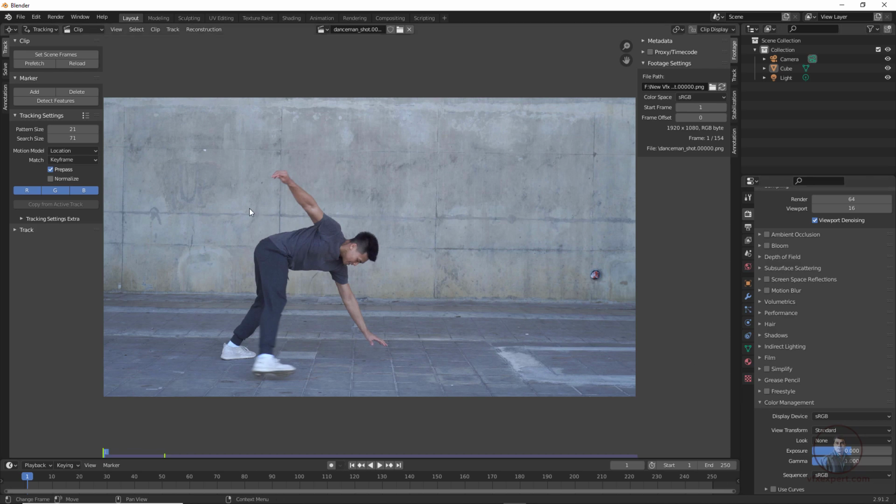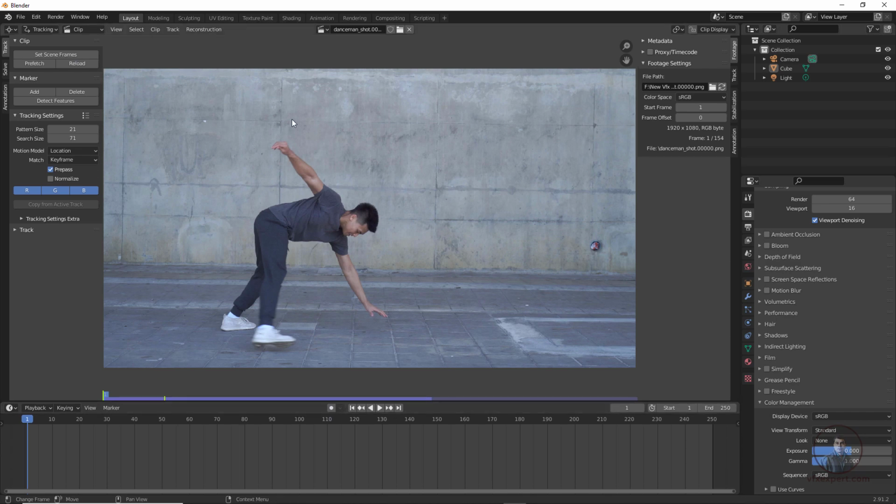Now first we have to cache our footage. On the left side, if you see this prefetch, it will cache this footage in RAM, so we can play in real time. So now click on prefetch. Here downside you can see it. Then we also have to click on set scene frames. This means it will automatically set the timeline. Let me adjust the timeline according to this image sequence. Now simply click on set scene frames here.